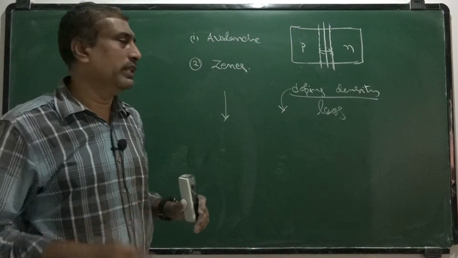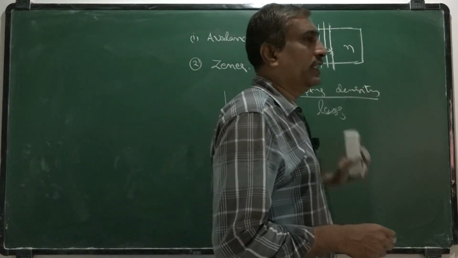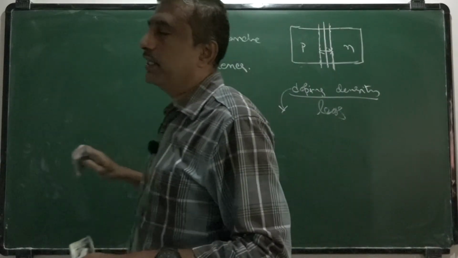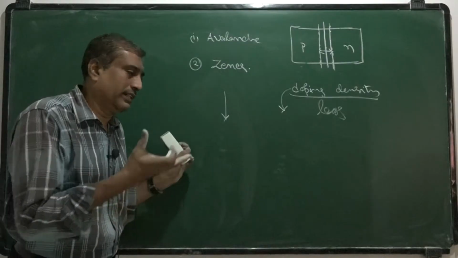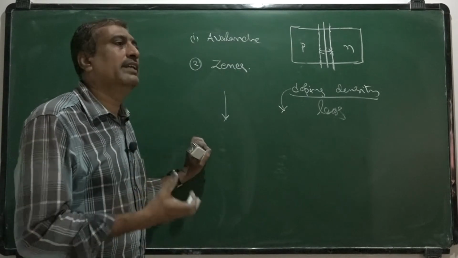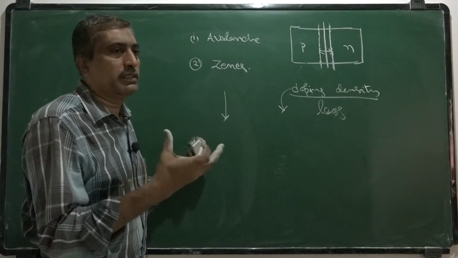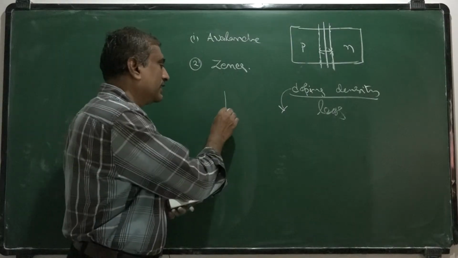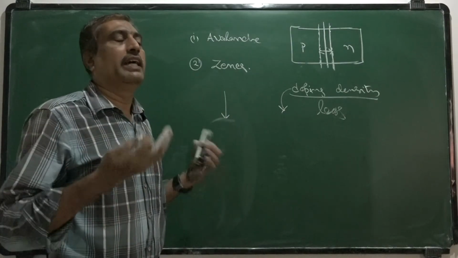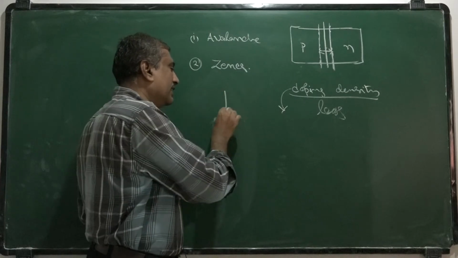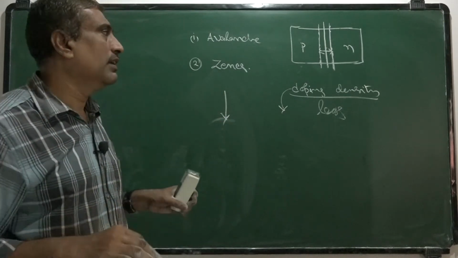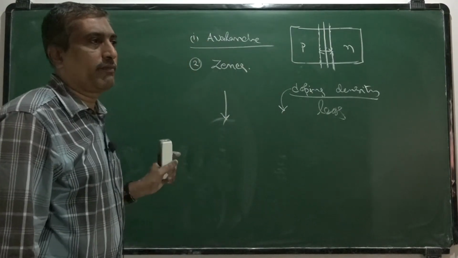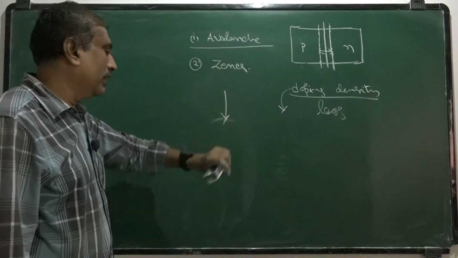Okay. So in a lightly doped p-n junction diode in reverse bias, with the increase in the applied voltage, the minority carriers in that diode are accelerated and knock out the electrons in the covalent bonds, so that the free charge carrier density increases, and suddenly the current increases at a particular voltage. That voltage is called the breakdown voltage, and this phenomenon is called avalanche breakdown.